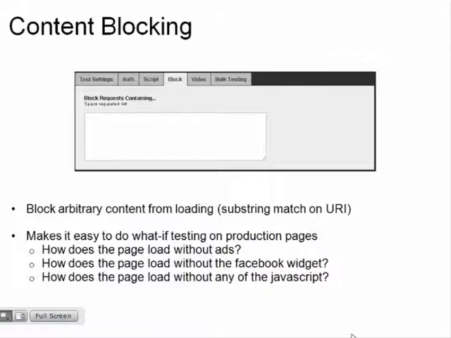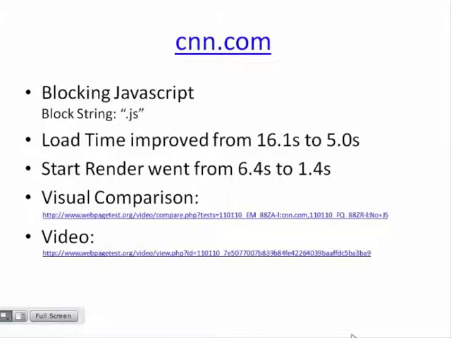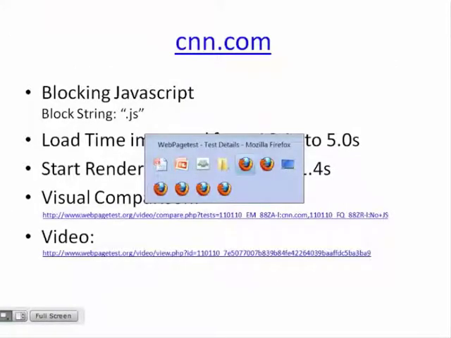So what this lets you do is you go in and you can put in a list of substrings to match on, and any requests that match those are stubbed from the page, the browser never even tries to load them. Can't guarantee it won't break the page. Sometimes it does. Usually it doesn't, depending on how well your site reacts to things not loading successfully. But it lets you knock out content and see what the impact is on the user experience. So we'll dive right in and hop straight over to